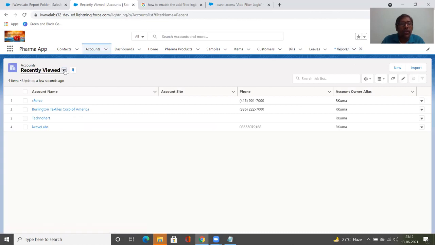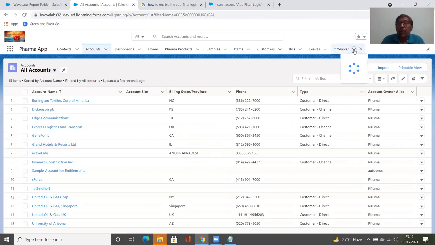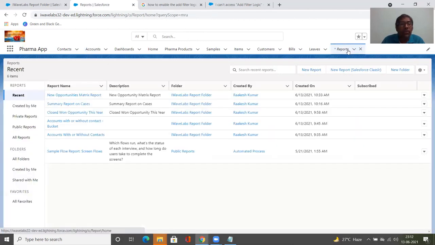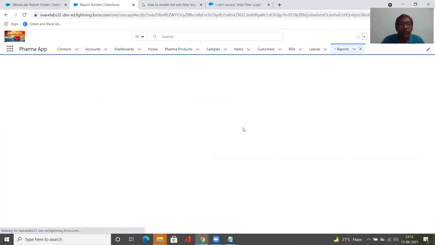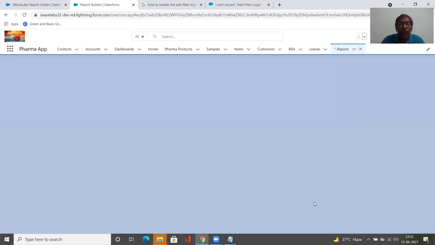Again, I'll click on account, go to accounts here, I'll select all accounts. Now, I'll click on reports, I'll click on new report, again, I'll select account, click on continue.